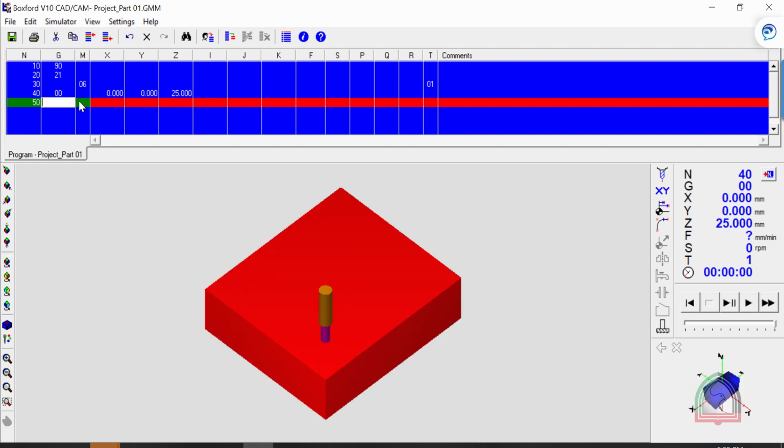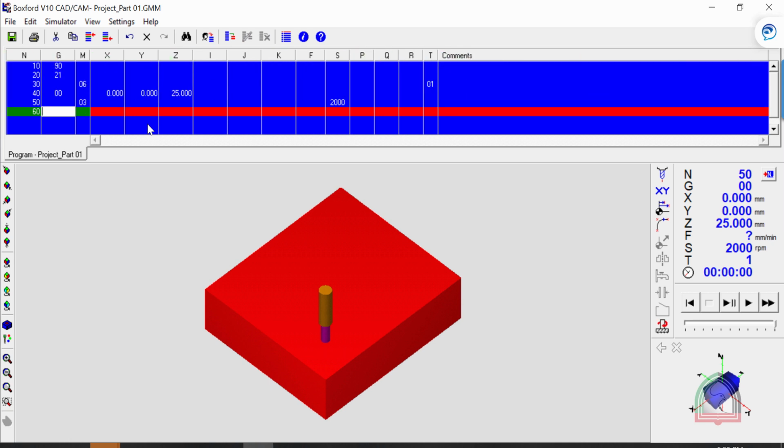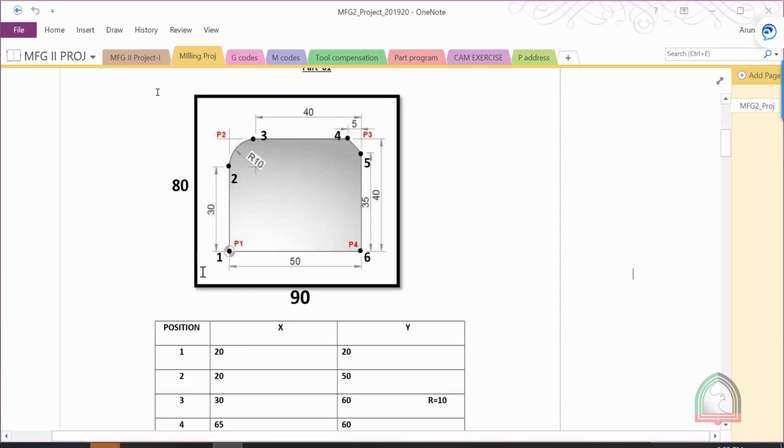Now the next command is we can allow the spindle to rotate. So it is M03 for spindle rotation clockwise. We need to specify the speed, it is 2000. Press enter. Now I'll take the tool to my initial position. Initial position in the question, we know that this is 20x, 20y.